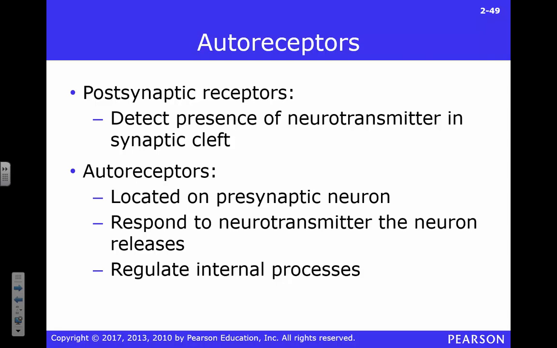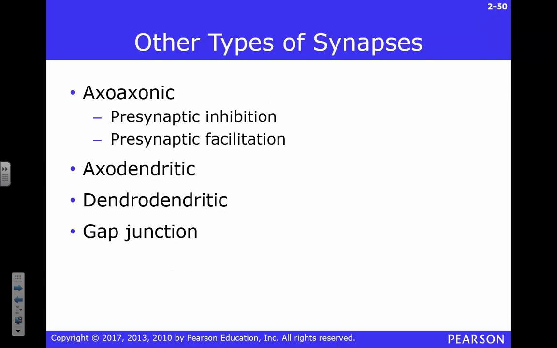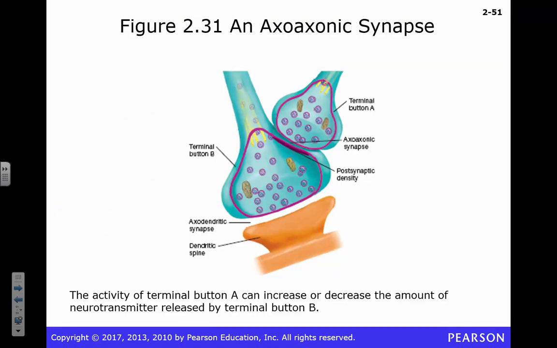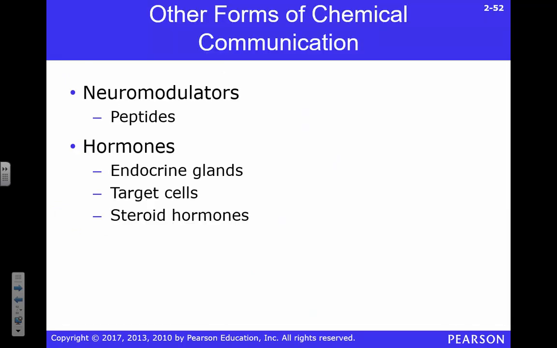Other types of synapses, we talked about this. Dendrodendritic, axodendritic, axoaxonic, not a big deal. That's just an example. Oh, man. Do we really want to talk about hormones now? Probably not in detail. But know that hormones can have effects. We'll talk about hormones later. We'll spend a whole lot of time on that, which will be fun.